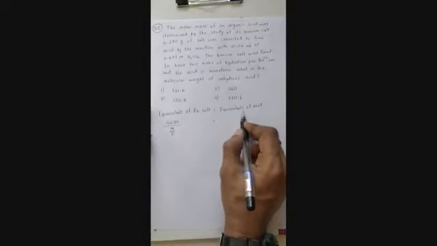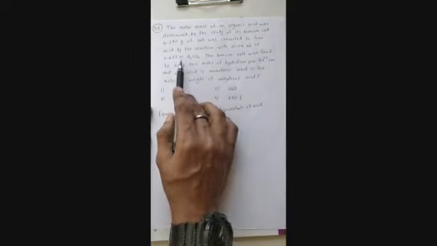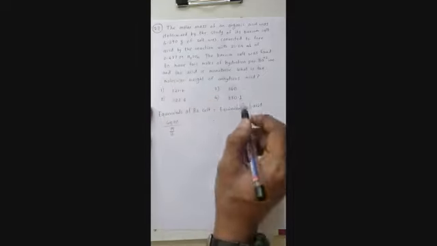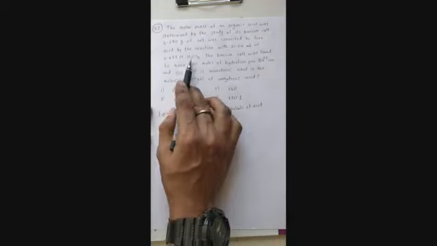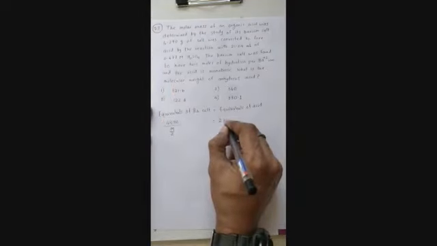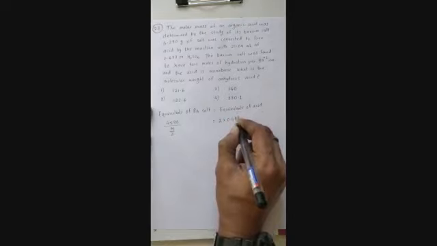Now equivalents of acid should be what? It is normality multiplied by volume in milliliter divided by 1000. Normality: are we given the normality of H2SO4? No, we are given molarity. So normality will be twice of this, correct, the n factor. So normality is twice of molarity because the n factor of H2SO4 is 2, times 0.477. Understood? Why did this 2 come?